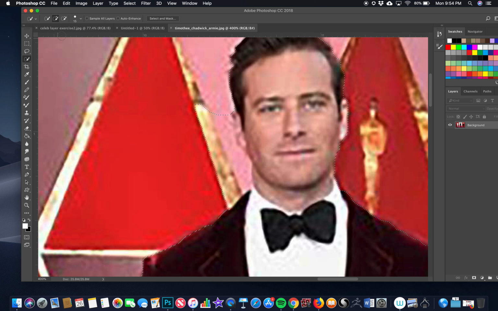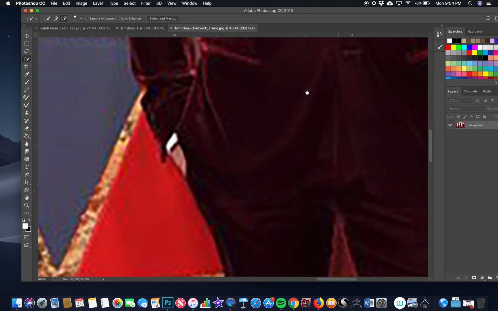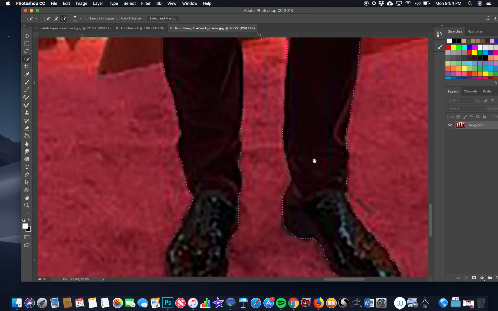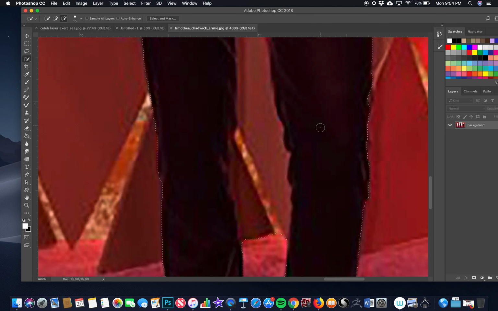That's a selection. So up here is a negative and a positive. When you hit negative, it now takes away. So I'm going to bring it down and get that. I'm not going to be perfectionistic here, because I just need to show you a couple things about this. Now in the middle here, I do want to fix this. Down here by